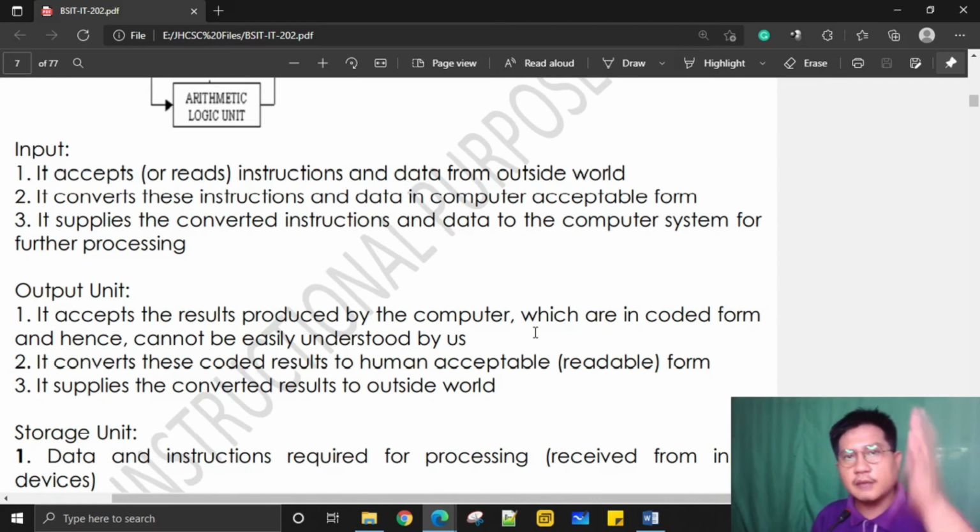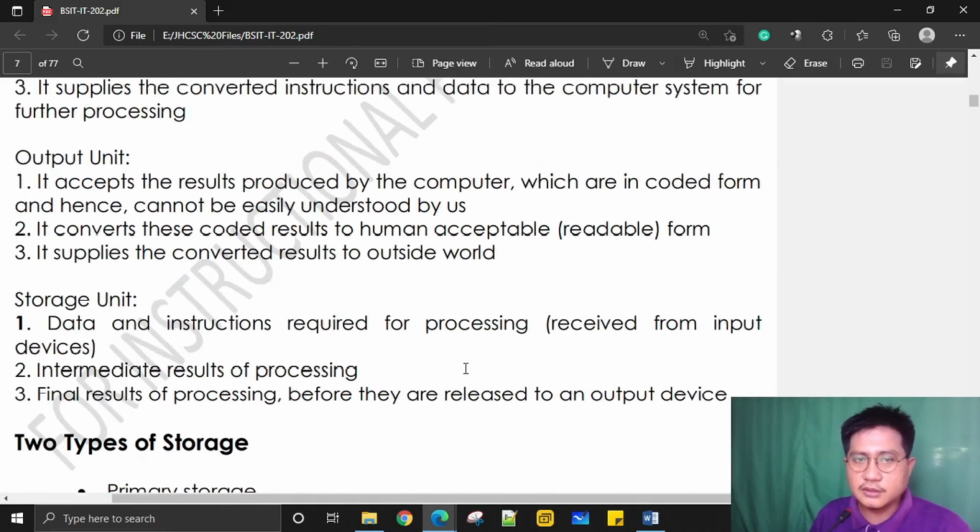Same as the camera, the stream that the camera receives from this session will be converted into a series of zeros and ones as binaries, so that the computer can reassess the information and data, and then recompile that data and produce an MP4 or MPEG version of the stream, so that we can see a video output from the camera. So it supplies converted results to the outside world. It is the output unit. Examples of the output unit are your computer monitor, speaker,